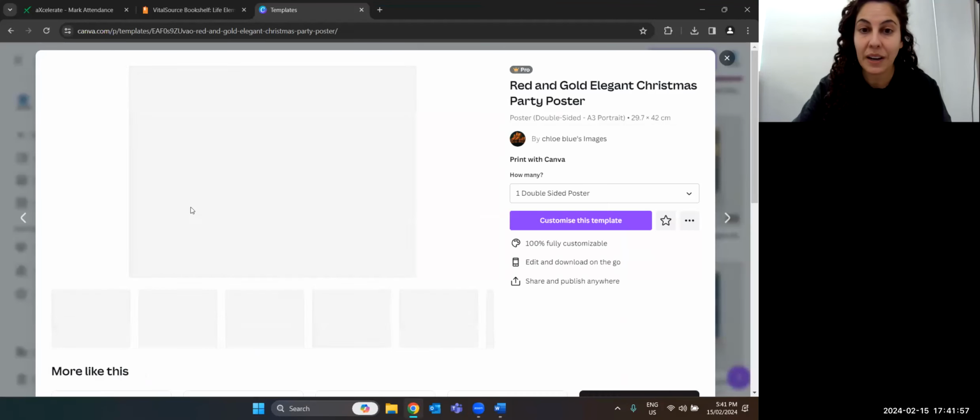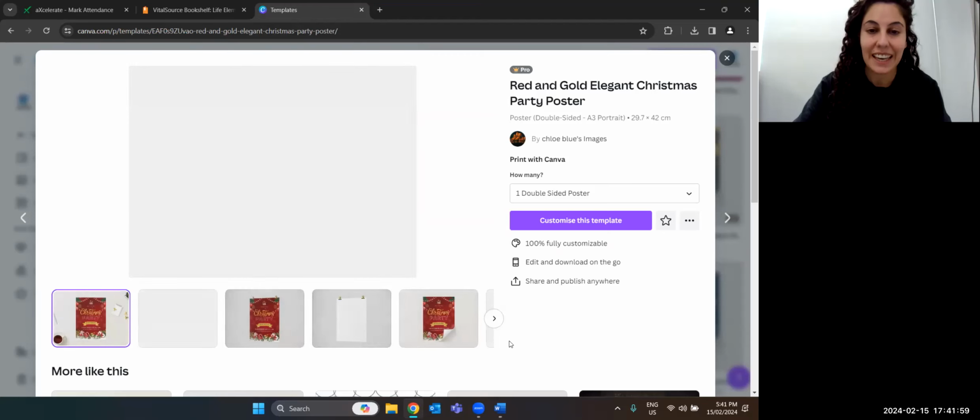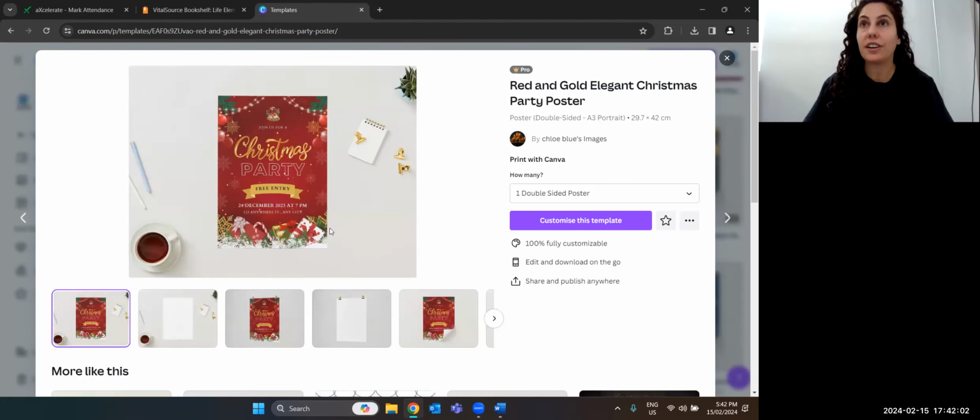This is a Christmas party one. So again, maybe it could be a Christmas party for your work. Maybe it's a Christmas party just in your area, in your community. So it's free entry. It tells us the date and what time, the address, and it has a nice invitation here. Join us for a Christmas party. And it's got images. So it's not just words, but there's also pictures and images. So you want to keep the information really short and you want to try and add images and big titles for your event.